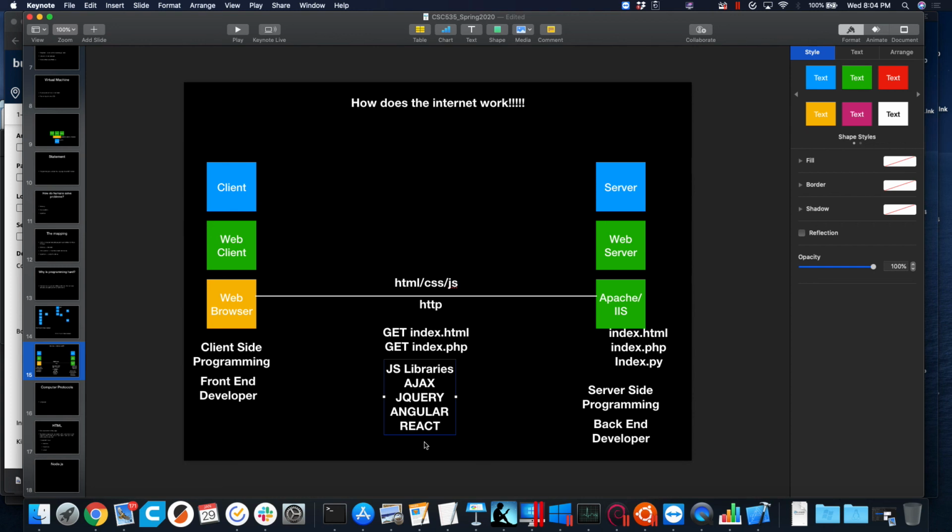All right, so Ajax, jQuery, Angular, React, all of us have heard of some subset of those in passing. Anybody know what those are for? What problem does Ajax solve? I think it makes web pages more dynamic. Okay, I think we're onto the right thing there.